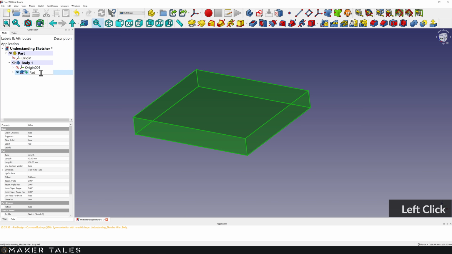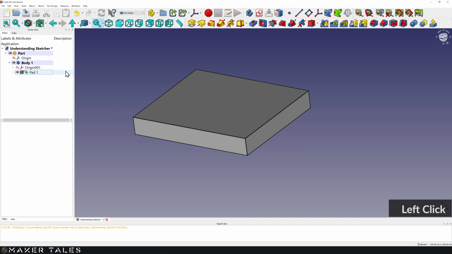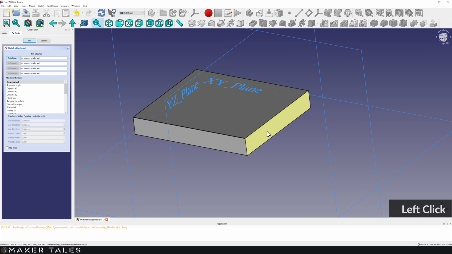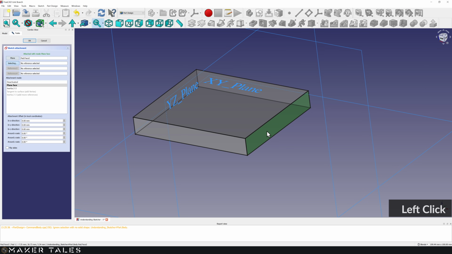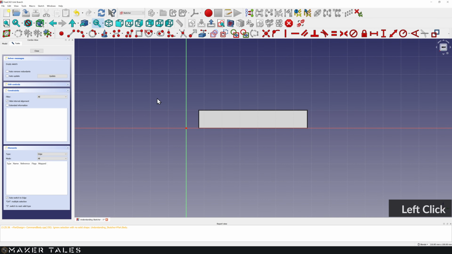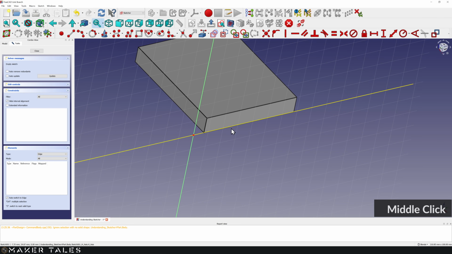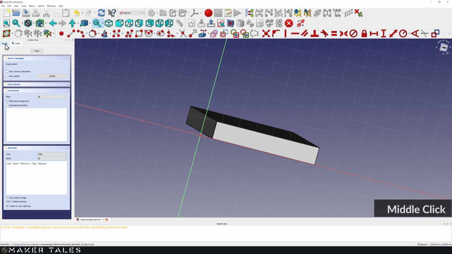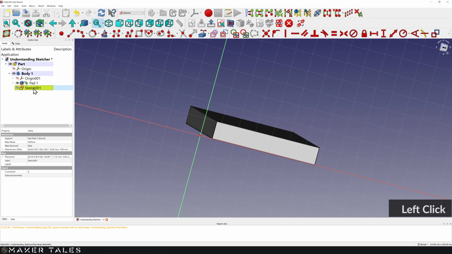So I'm going to change this as pad 1. Pad 1. Let's go ahead and create yet another sketch. Now this sketch though is going to be a side face reference. We did this in the first video, so we know what's going on here. We're basically just saying use that face as the plane. We'll click OK, and you can see we're now using that face as a reference. Let's go and rename this here. We'll rename the sketch as sketch 2.